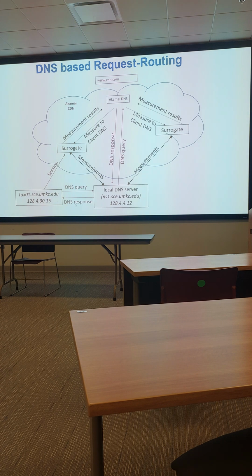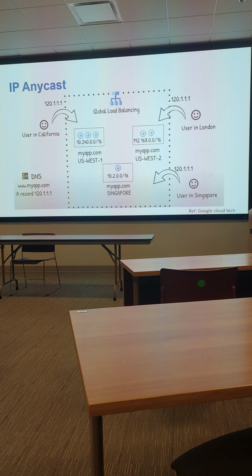From this DNS response, it will make a request of the content, the embedded object, to this surrogate server. Okay? So you might think that this is coming from CNN. That's not the case. The URL is rewritten, DNS is redirected, and then finally, using this response, this client will access the content from this service server, but behind it there are a lot of activities involved.